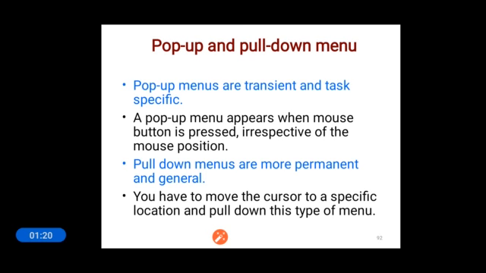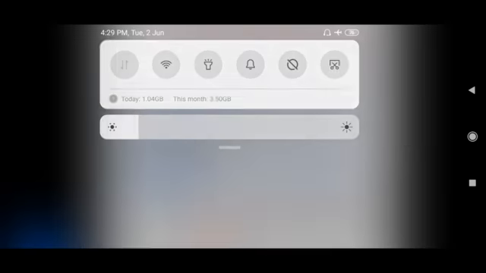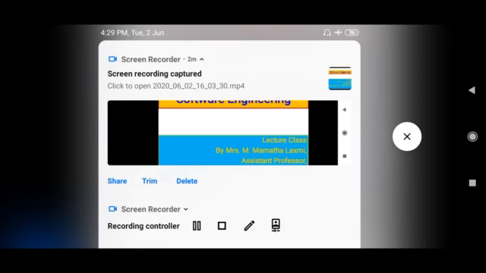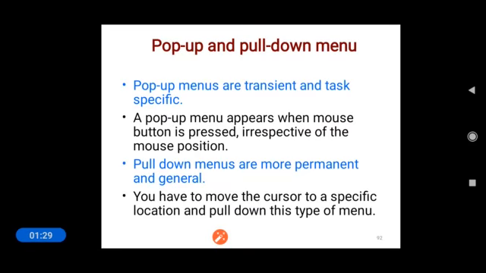For example, if you are pulling down the screen of your mobile phone, whatever options or screen you see, that's nothing but a pull-down menu. It is given a permanent location. If you consider mobile phones, it is present at the top of the screen. Here you need to move the cursor to the specific location and pull down this type of menu.